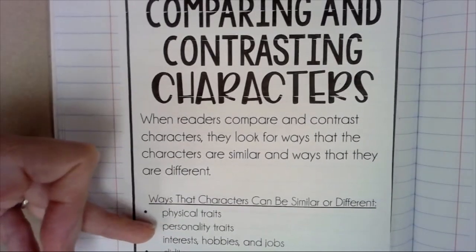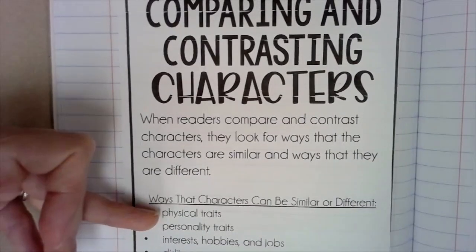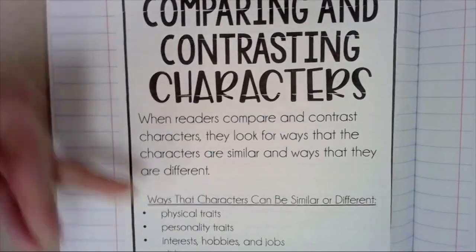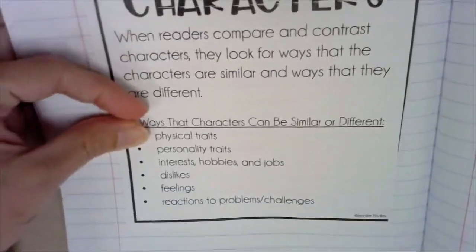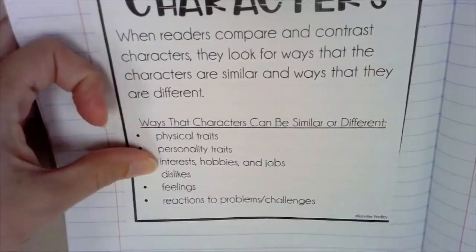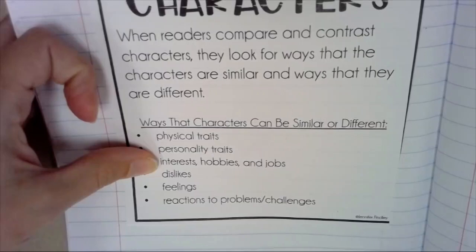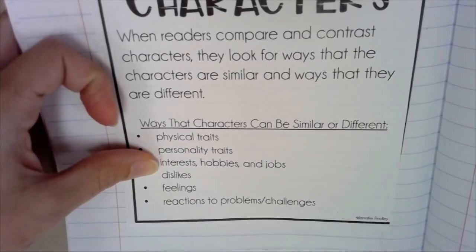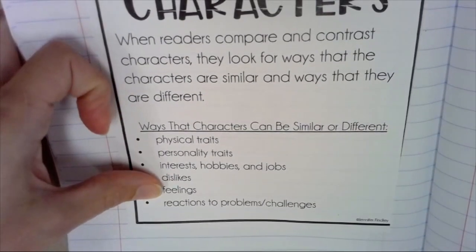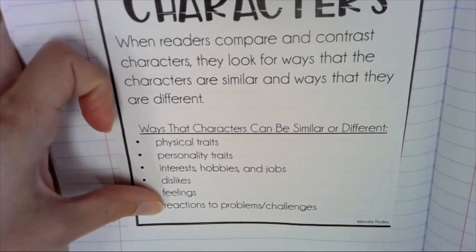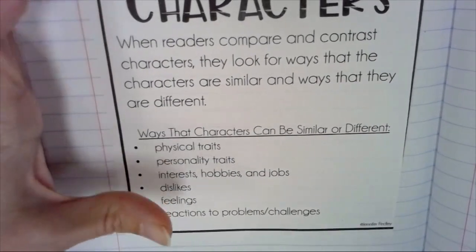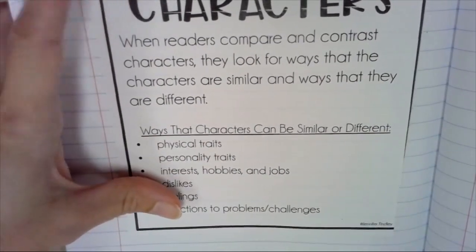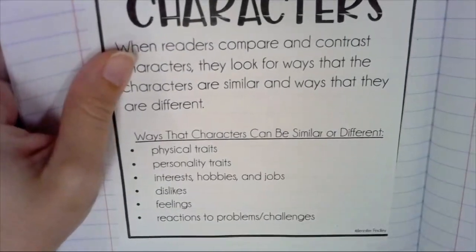We did personality traits, but they could also be off of physical traits. That's more surface level though. Ooh, interests, hobbies, jobs. Those are good things to look at, how people or characters are different or the same. Dislikes, feelings we just talked about. Reactions to problems or challenges. Okay? How they respond to those events. So we don't have anything to write on there. That was just notes. Then if we look on page 11,